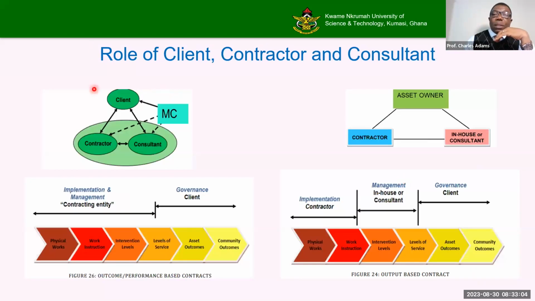So in our traditional contract, we have the asset owner or its representative, Ghana Highway Authority, contractor, and then maybe consultant. And these are how things work. Contractor just does implementation, consultant supervises and oversees whatever. Now, if you look at performance contract or OPRC, we have the contracting entity, client, and then